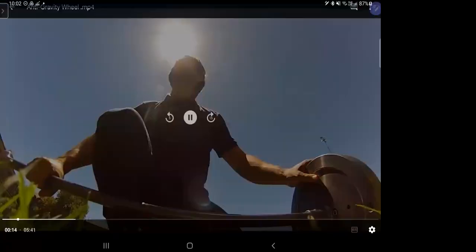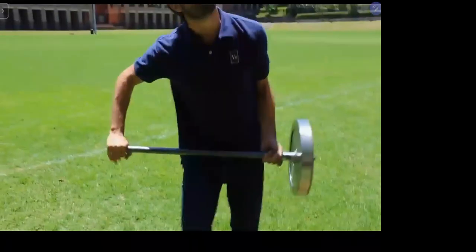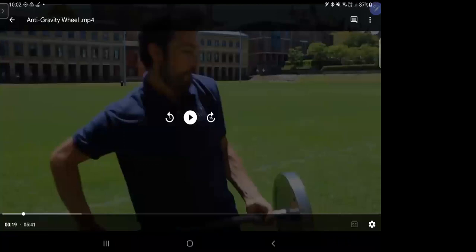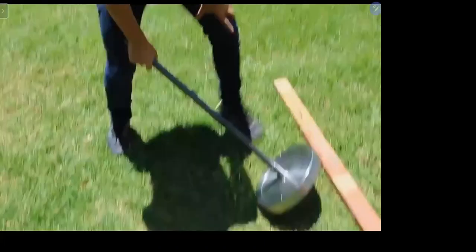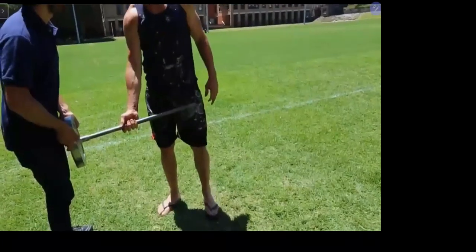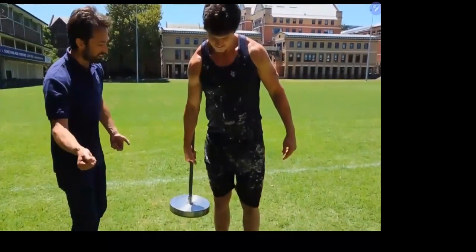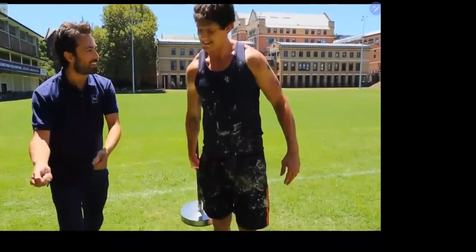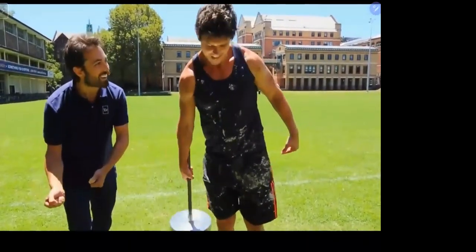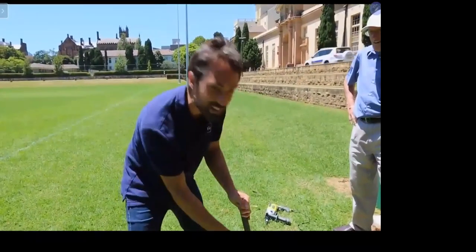Meter-long shaft. I want to try to hold this out horizontally with just one hand at this end. Yeah, it is virtually impossible, okay? Now I'm gonna let go. You gonna be able to hold this at all? I hope so. Can you lift it out? Make it horizontal, hold it, hold it, hold it. Come on, I want you to hold it out horizontal. See if you can. Hold it, hold it. Oh, come on. No. What I'm going to do is spin this up to a few thousand